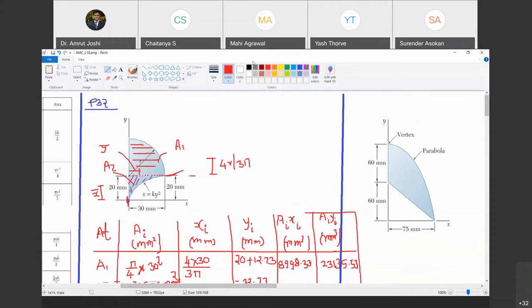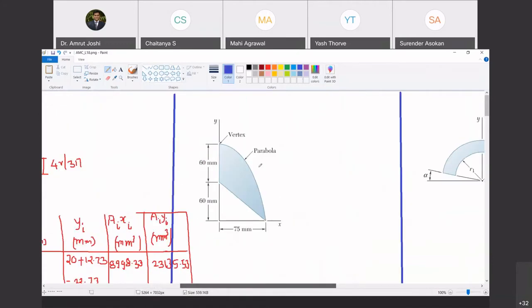Now this is going to be repetition, but it's like a practice. So let us go ahead. This is problem number 33. This is a parabola where the vertex is given here. Vertex means if I draw the tangent there, then that tangent in this case is going to be horizontal. Do you agree with me? Yes, sir. That is the meaning of vertex, and this is the parabola.